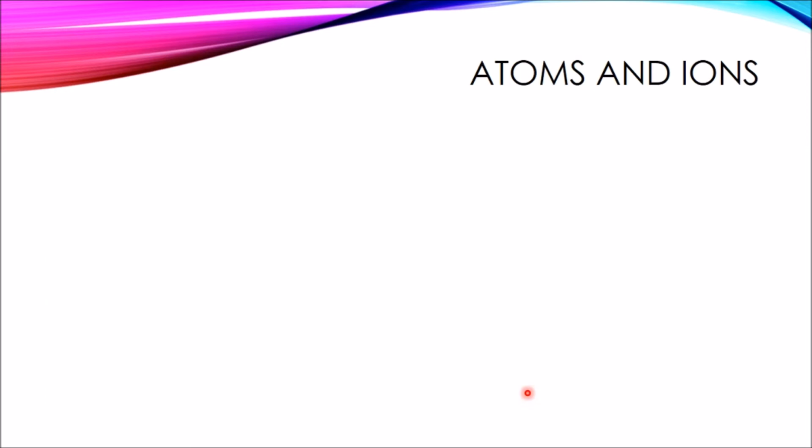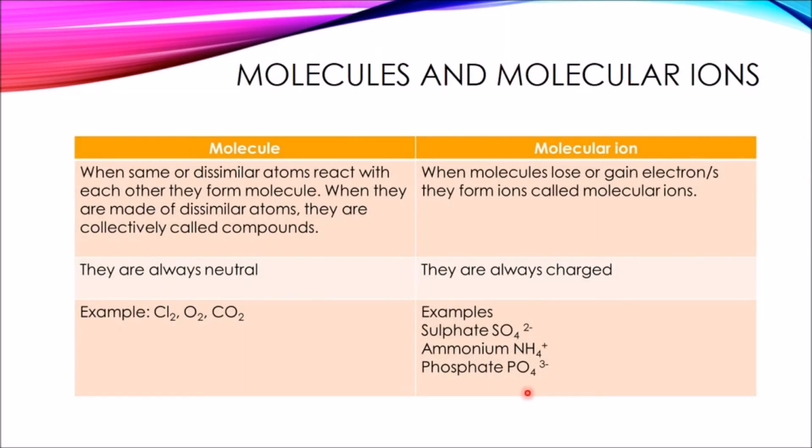Let's look at molecules and molecular ions. Molecule is when same or dissimilar atoms react together. तो जब सेम या फिर डिसिमिलर एटम्स किसी भी एलिमेंट्स के आपस में रिएक्ट करेंगे, they will form molecule. When you have molecules of dissimilar atoms, यानी ऐसा मॉलिक्यूल जिसमें अलग अलग एटम्स हो, that molecule is considered as a compound. Okay,